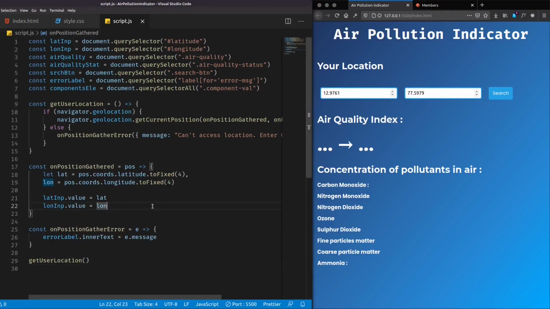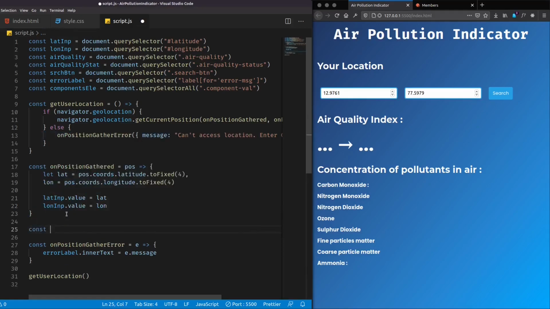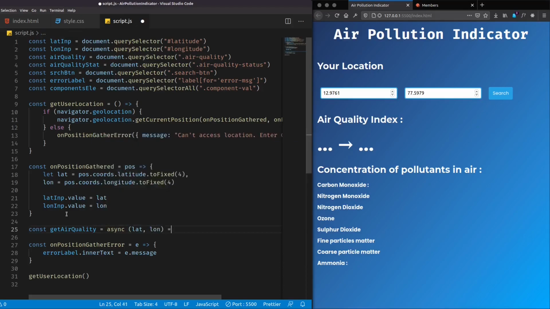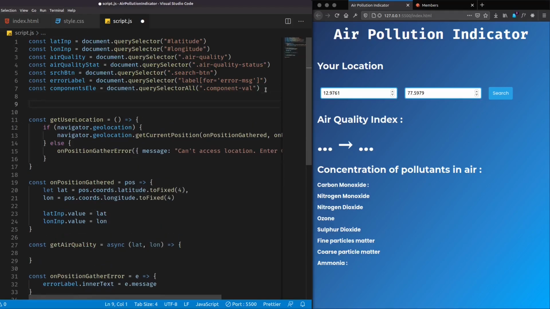Now we need to get the air quality. So let's first of all define a function, call it getAirQuality, and this will be an async function because we are fetching something from the internet, so it might take a little time, and this will take a parameter of latitude and longitude. And the endpoint of an API where we want to fetch is, I'll define some variables.